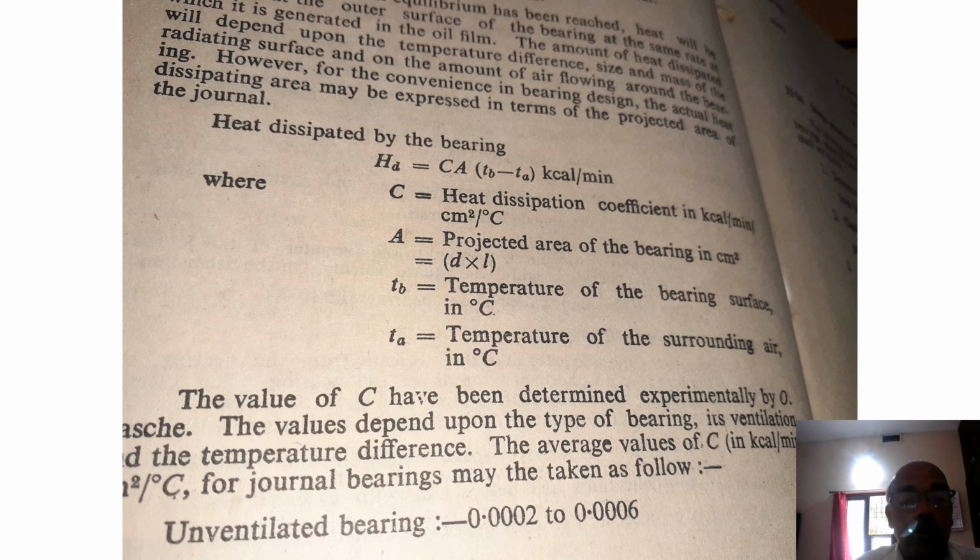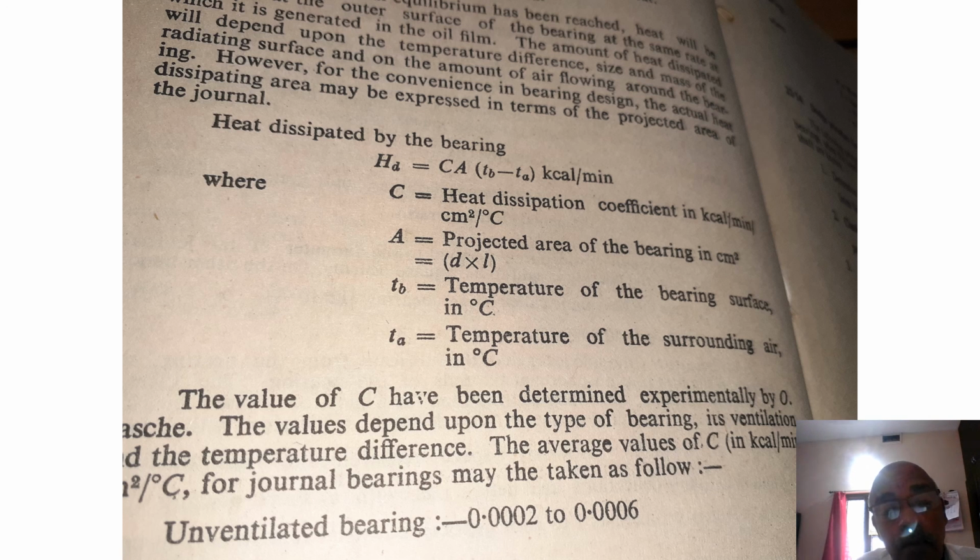HD is equal to, sorry, now heat generated, I gave an idea and then guideline and the numerical calculation procedure also. No confusion, I hope, no confusion. Like that you have to calculate heat dissipated also. C into A into TB minus TA. Any student, can you answer how, why, what is the basic equation for this? Okay, we will see later.